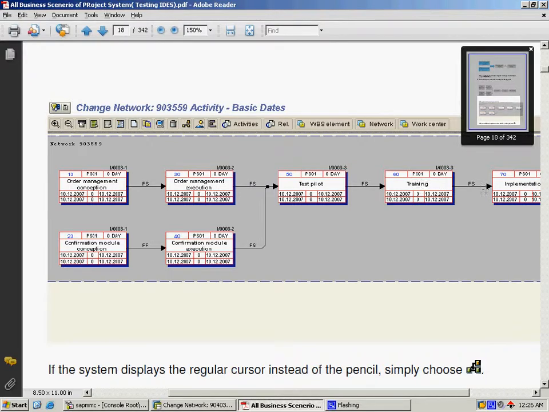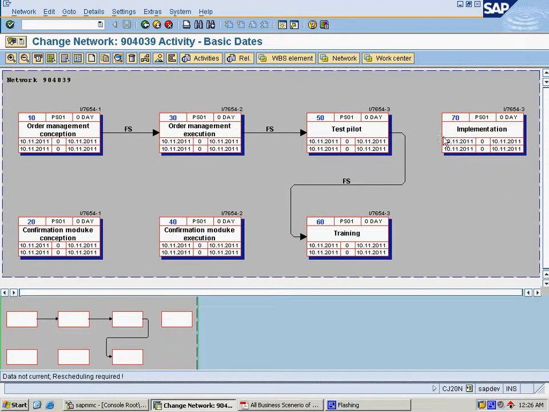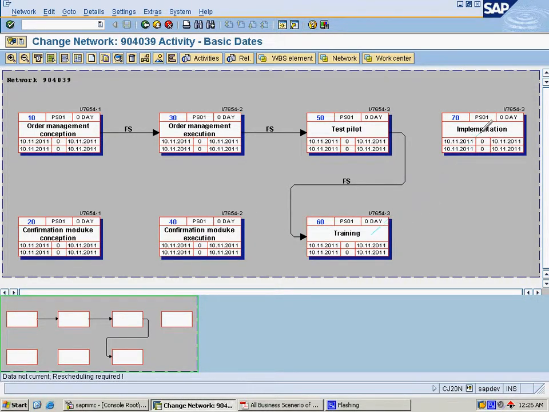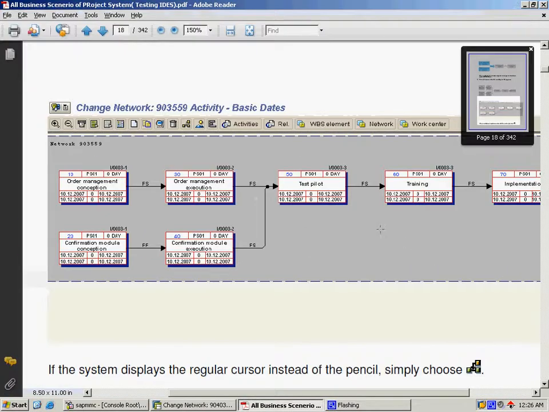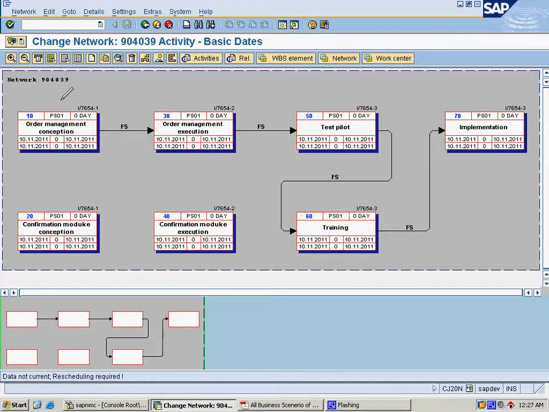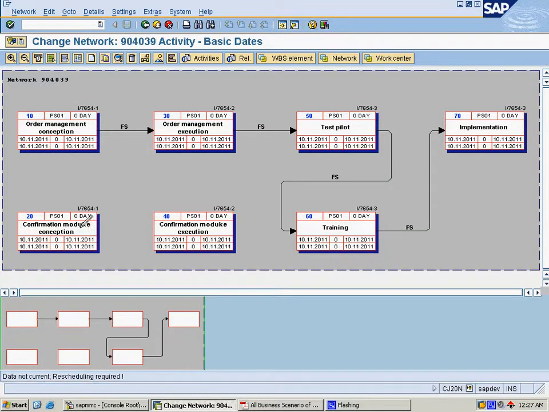After that, from 60 to 70 they are using an FS relationship. Here is 60. Using the connect symbol, clicking from here to here gives an FS relationship. And later, from 20 to 40 they have an FF relationship, finish-to-finish.